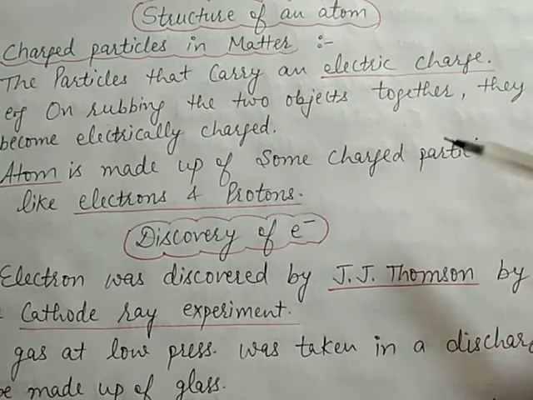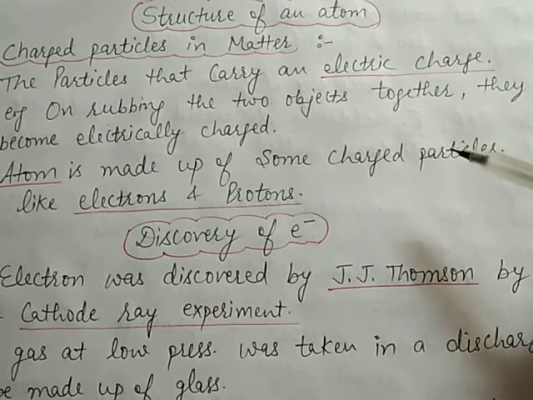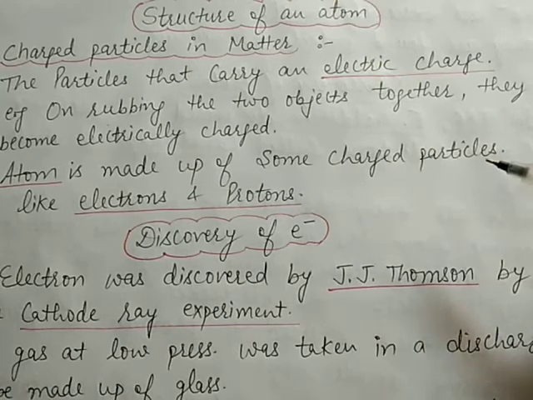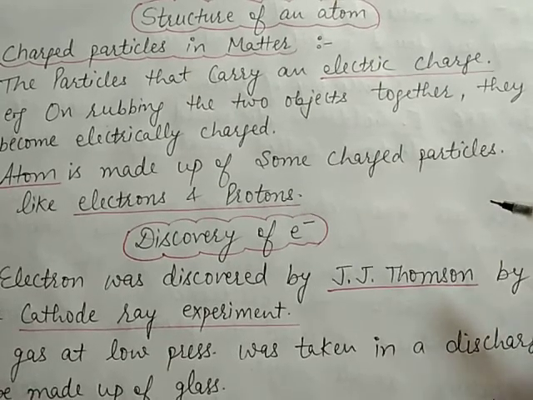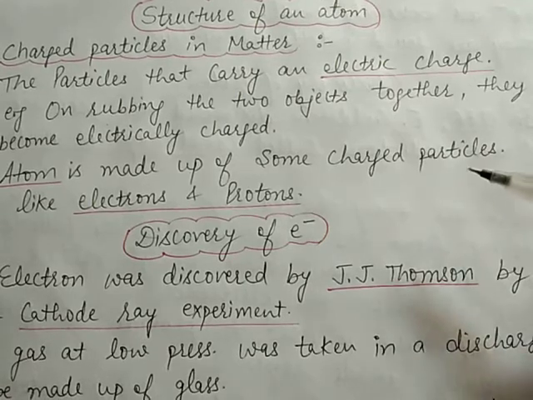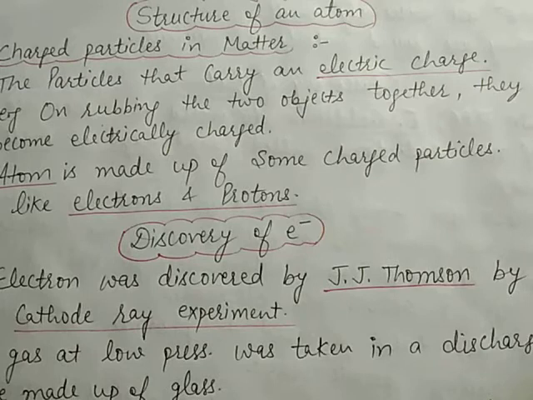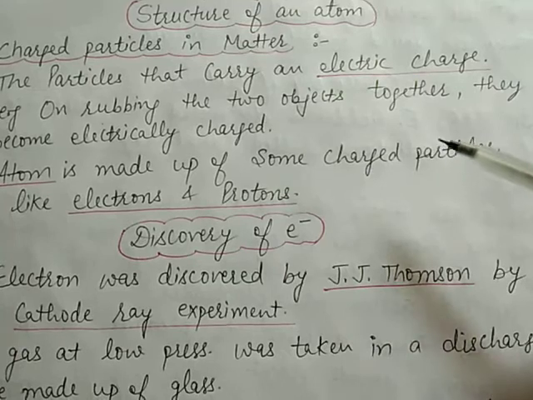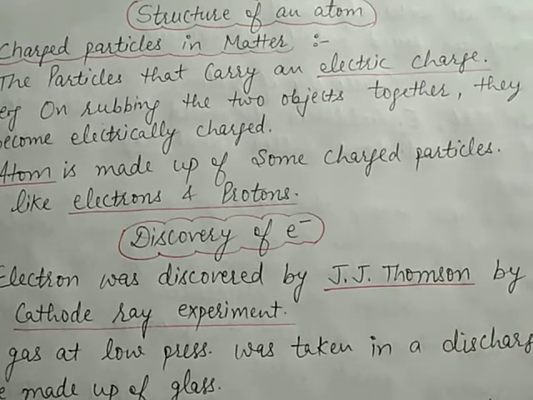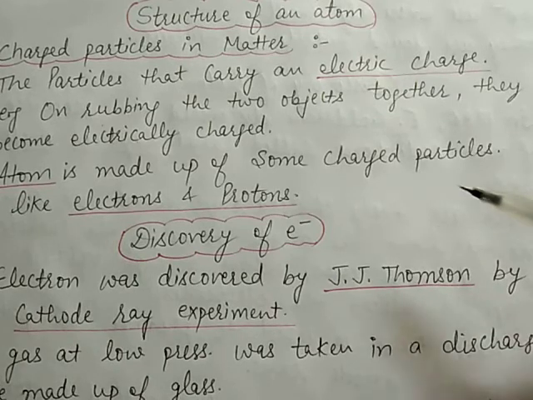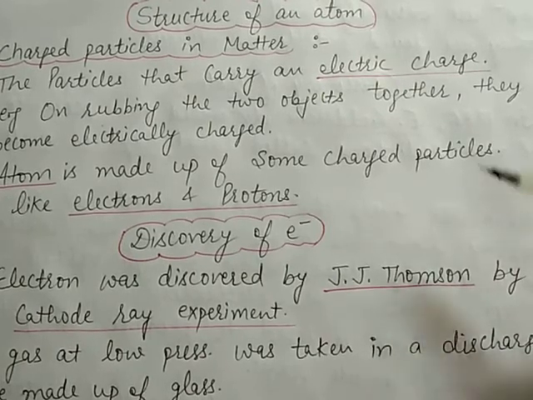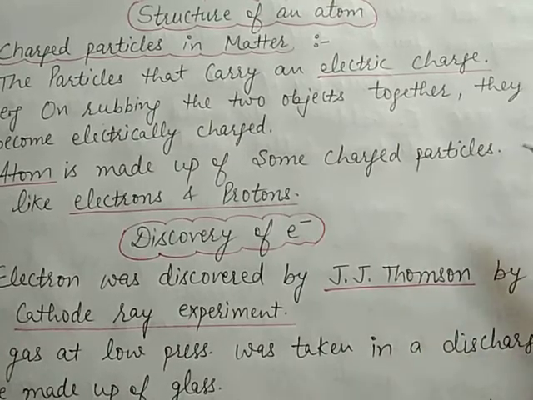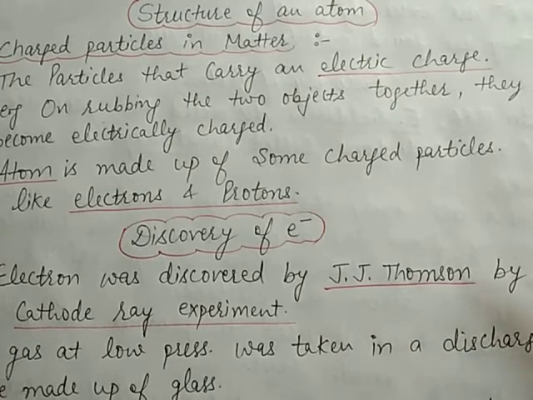So what are the sources of charge or electricity? It was produced simply by rubbing two articles that are made from matter together. So the electricity produced is associated with matter. So matter is made up of atoms only. So this suggested the presence of charge on an atom, whether the charge is positive or negative.